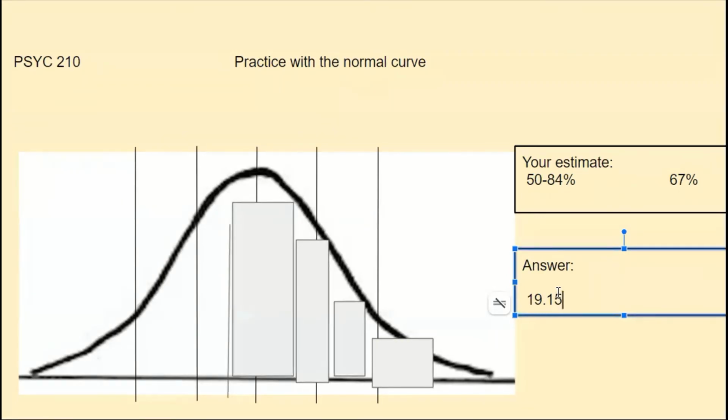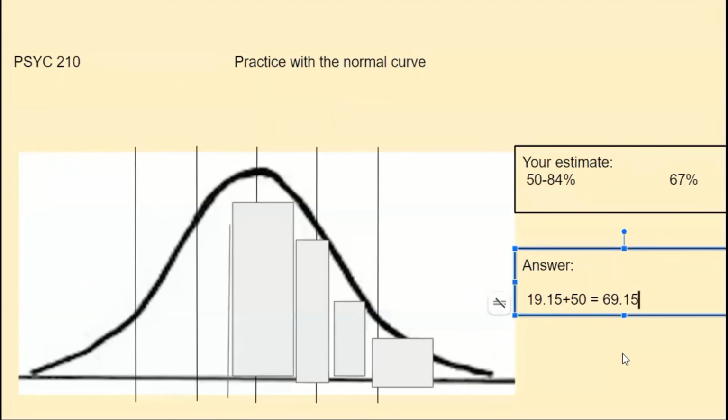But I can't stop here. If I stopped here and I said my answer is 19.15, and I go on to step 5 to check my estimate, I'm going to find that 19.15 is nowhere near 67%, and it's not between 50 and 84. And I can probably assume that I've done something wrong and I've forgotten to add my 50%. Hopefully, though, I will remember that I do need to add that 50%, and I will come out with an answer of